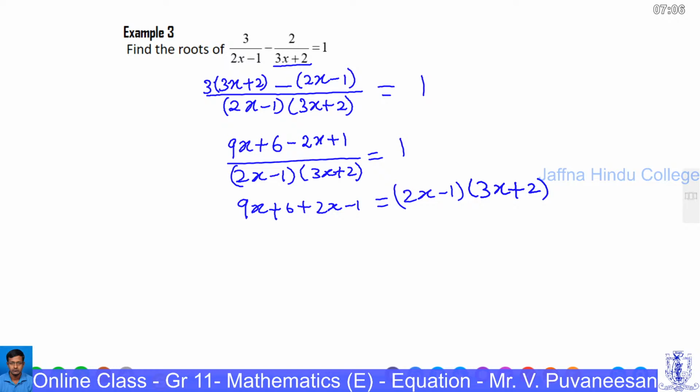Now we simplify the left side. 9x plus 2x, 11x, plus 5, 11x